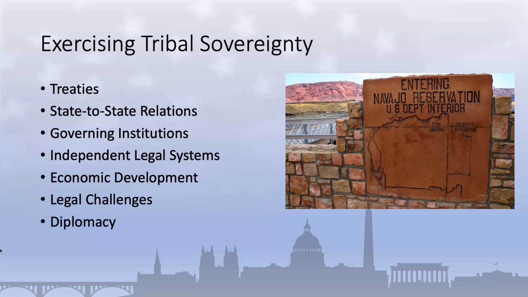And finally, some tribes have even engaged in diplomatic outreach, pursuing state-to-state relations and engaging in bilateral and multilateral diplomatic efforts through international organizations like the United Nations. This type of engagement can help tribes build international support for their rights and interests, as well as facilitate trade, investment, and cultural exchanges. Each of these examples demonstrates how Native American tribes have exercised and protected their sovereignty by using a range of strategies that includes legal action, political advocacy, and economic development, which have in turn helped strengthen tribal self-governance and asserted the unique rights and status of tribes within the American political system.